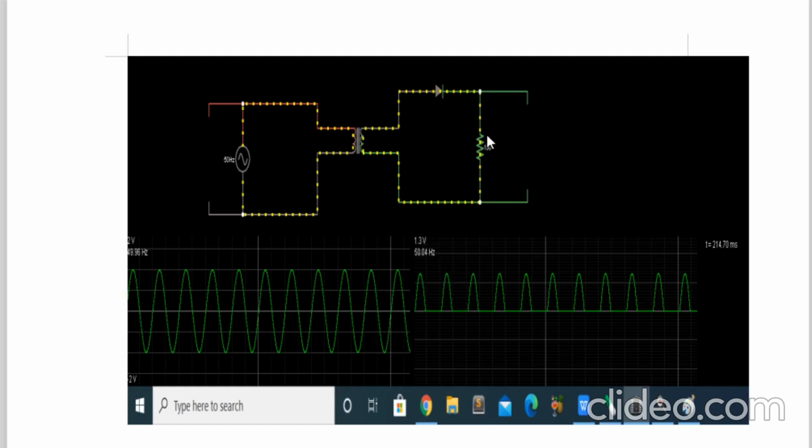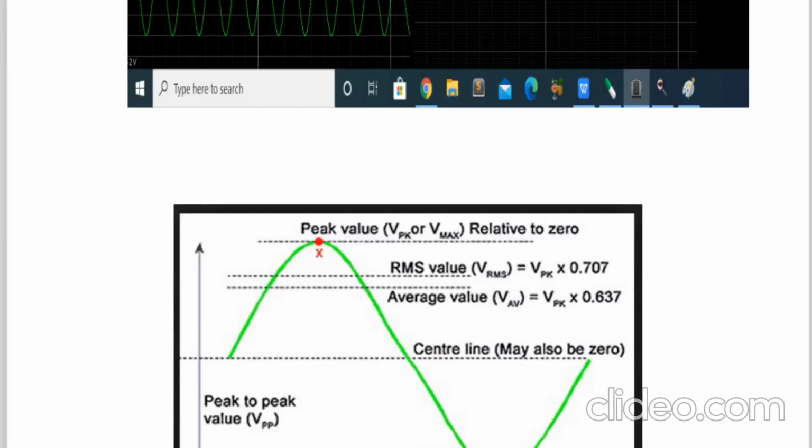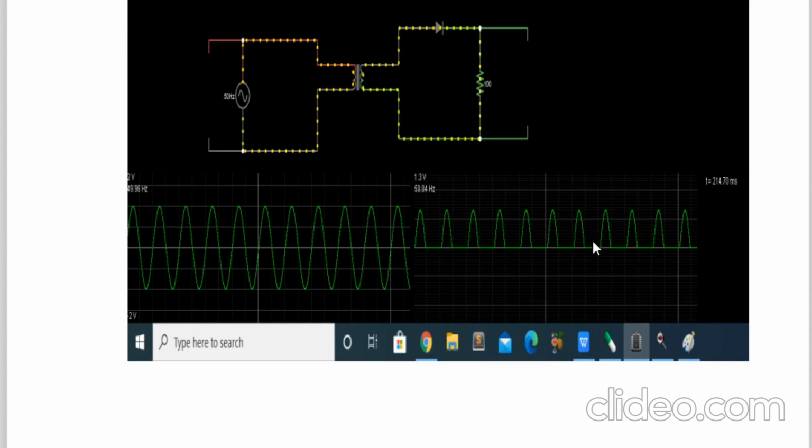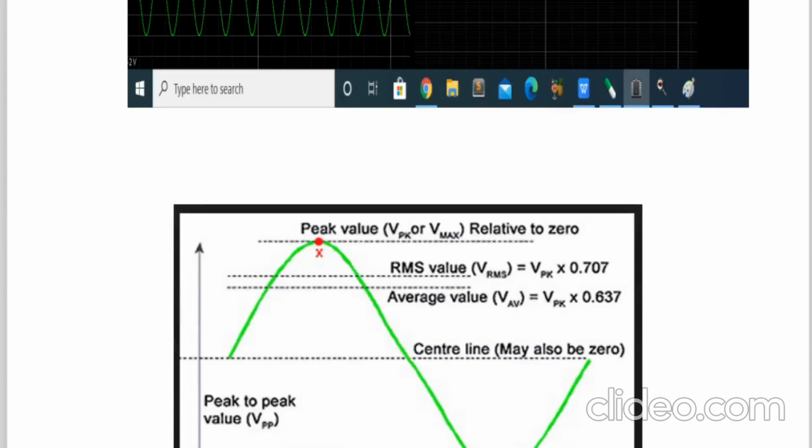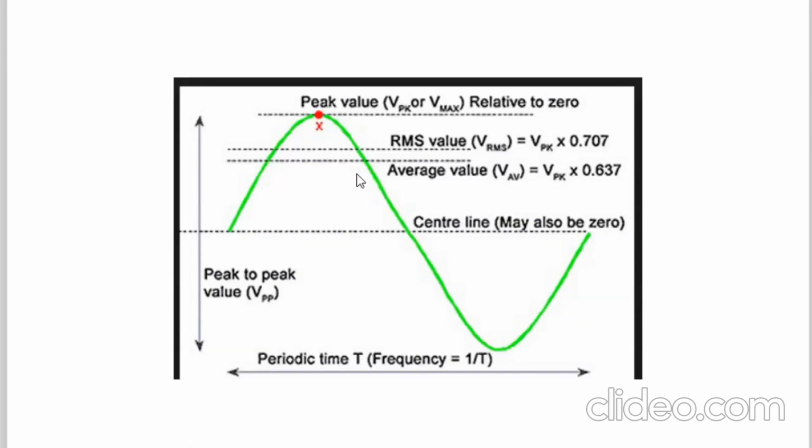0.3 volt is lost due to the minimum voltage required for the PN junction diode to conduct. So in this way, rectification of the entire positive half cycle of 2 volt is not done. Only 1.3 volt is coming to the output, and therefore we need a precision rectifier, because this output is pulsating DC. If you use a filter and try to measure the DC voltage, then the DC voltage will further depend on the peak value. So this graph will tell you that the peak value is this.